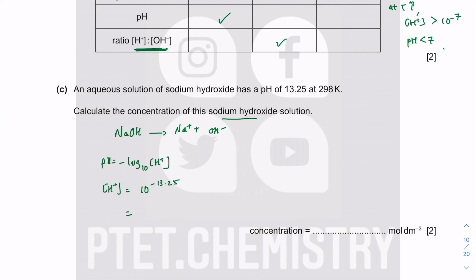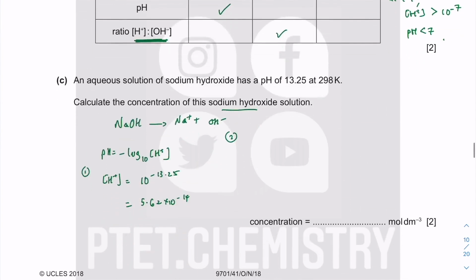So you put that into your calculator, 10 to the power of negative 13.25, and you're going to get 5.62 times 10 to the power minus 14. Okay, and you know Kw, so the whole reason they asked you Kw before is because you can use Kw equal to H+ times OH-. Alright, so I can find the OH- concentration by dividing Kw, which is 1.0 times 10 to the power minus 14 at 298 Kelvin,